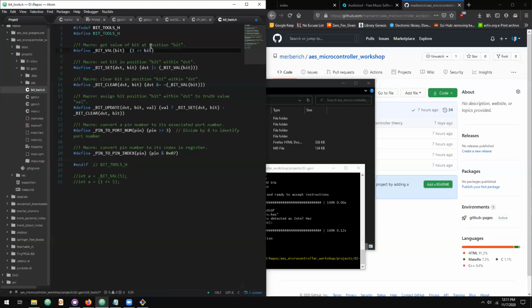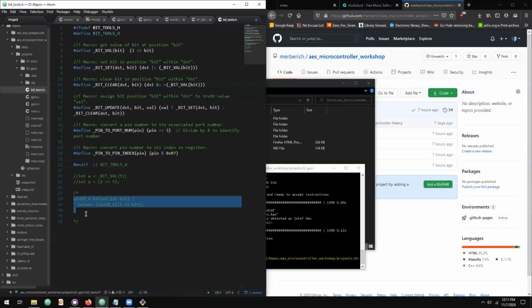Whereas if you were to make this a function call, if you were to do something like, let's say, set, that has to return a value. So I'm assuming that this bit set function is going to give us a value in 1 byte, and our position will be indicated by this parameter. So if I return cast uint8_t, and I do this bit shift here,